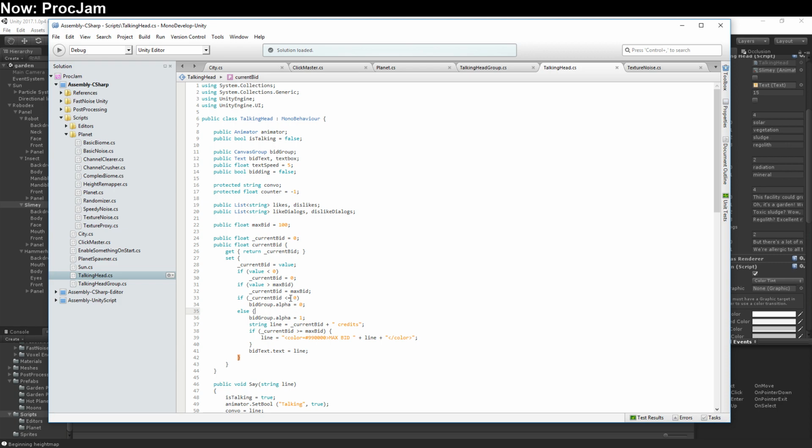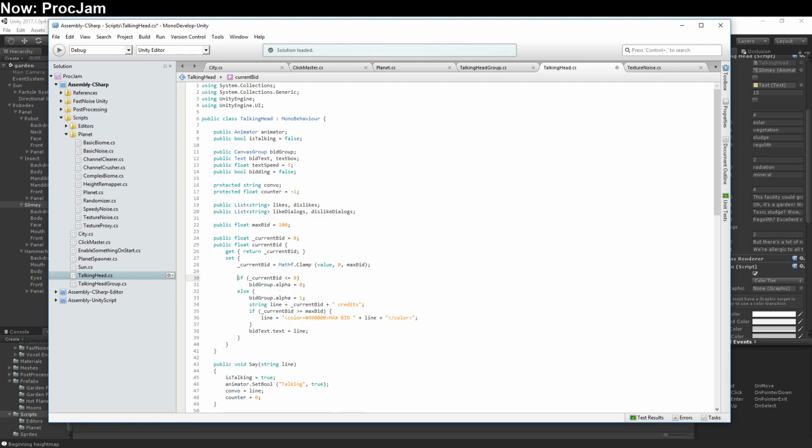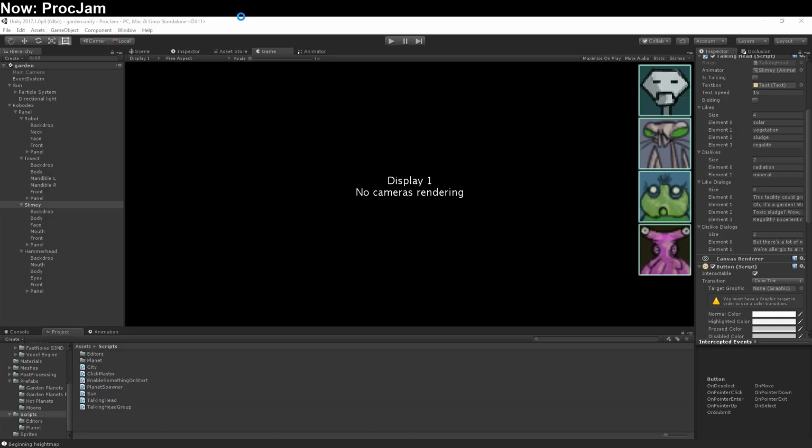There we go. I mean, I could just go ahead and say current bid equals Mathf.Clamp(value, 0, max bid). Yeah, there we are. That's an easier way to type it. Don't have to waste all these if statements. Perfect. So with that in mind, that should actually allow us to see what's going on, except that none of